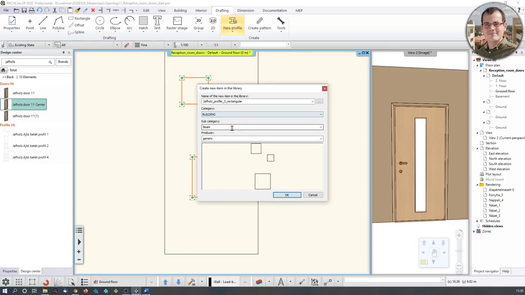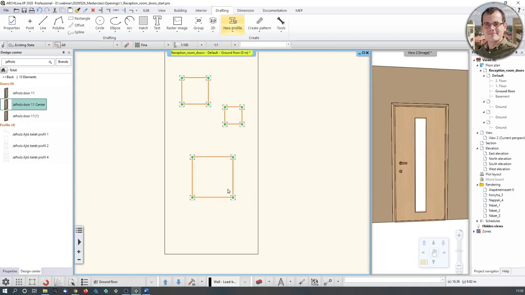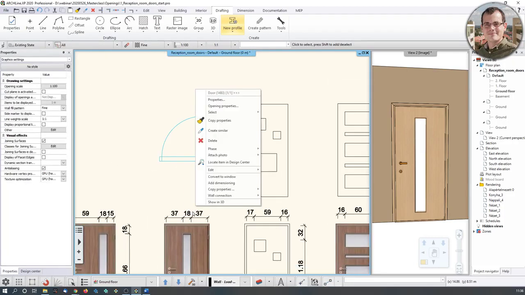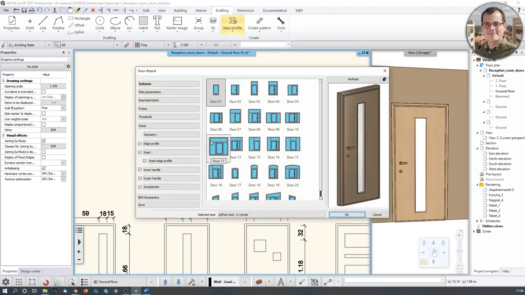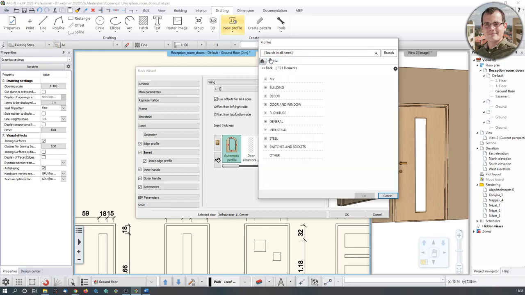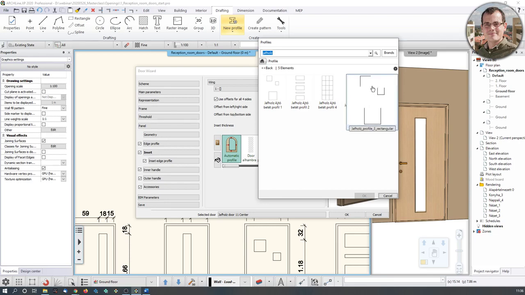The library, I think this is good, but it's not going to be a beam. It's going to be a door. Producer is generic. Okay, so far so good. Now what comes next? I go to the door, what I have, and go to the opening properties, and here at the inset, instead of using the automated profile, which is a rectangle, I go with the plus icon, and now I'm looking in my library for the group or the profile that I want to override the original rectangle with. So I'm just going to say Yaffle's, and it's going to be this, Yaffle's profile number 3 rectangular,